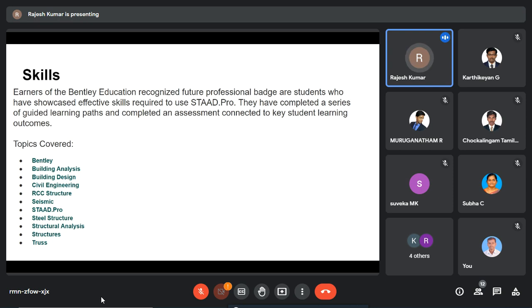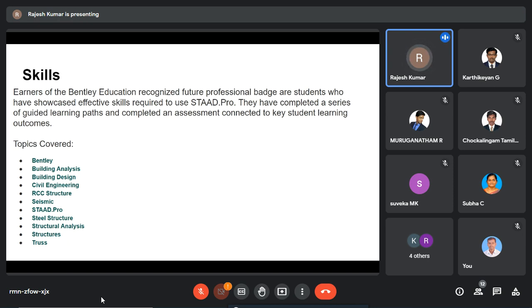The roadmap to certification is absolutely free of cost, unlike other software companies. Bentley Education and TechApps are not charging anything for it, but the evaluation and assessment process is very, very stringent. I can simply say that only 5% of the applicants are achieving certificates.